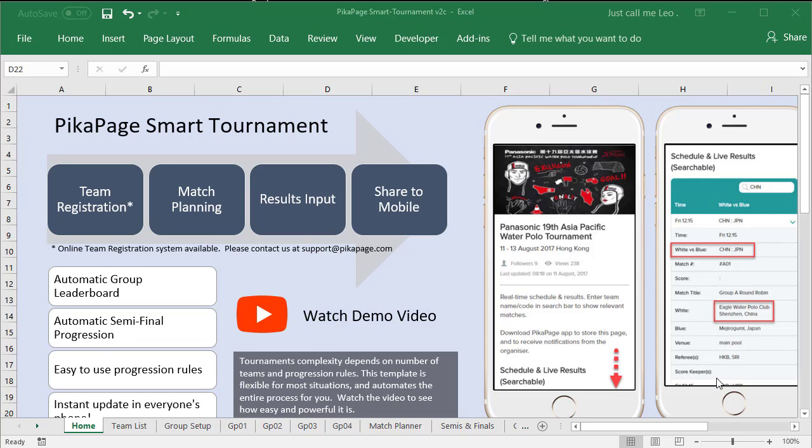Hi, today I would like to quickly go through how to set up a PikaPage using PikaPage Smart Tournament. Basically, the objective is to create the data that is needed to upload into a PikaPage like this. Okay, so if you have downloaded this Excel template,